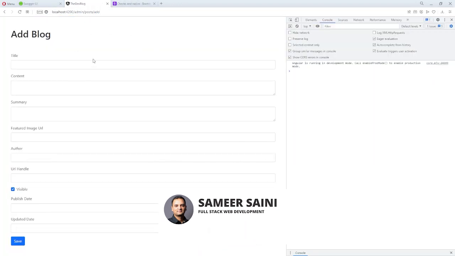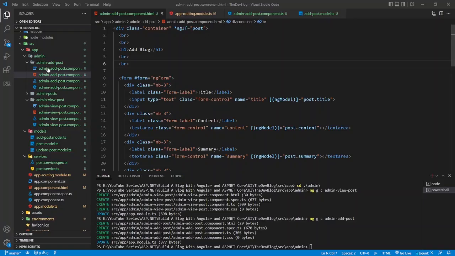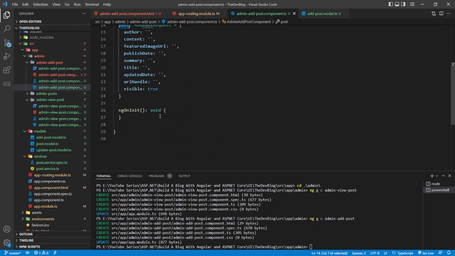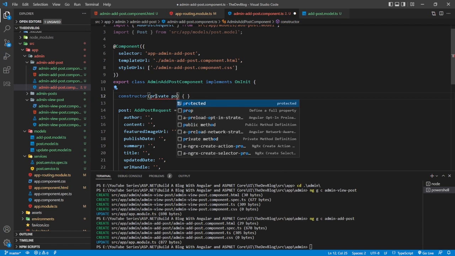So now it's time to create the add blogs functionality to actually talk to the ASP.NET Core Web API as well. So we will first start with the onSubmit method on the form. So using the same approach, ngSubmit, and we will have to create the onSubmit method inside the component. This method returns a void, and we will use the service which we have to inject. So we will inject the service, which is the post service,